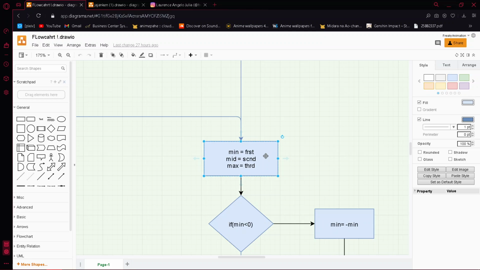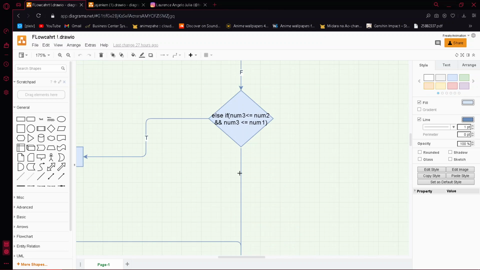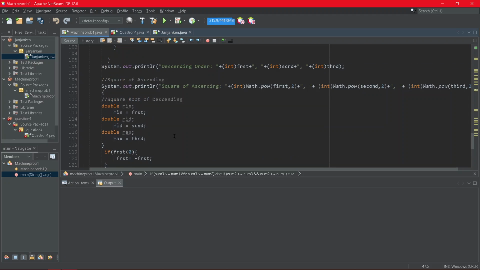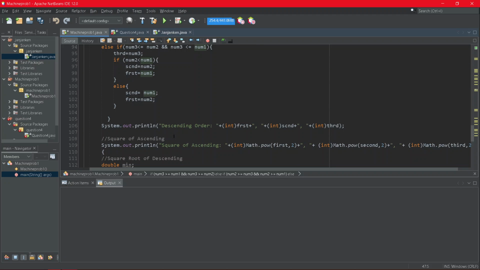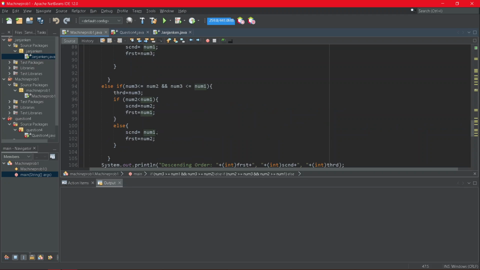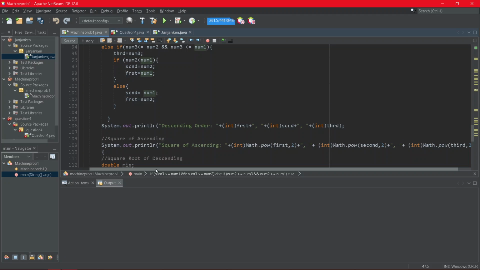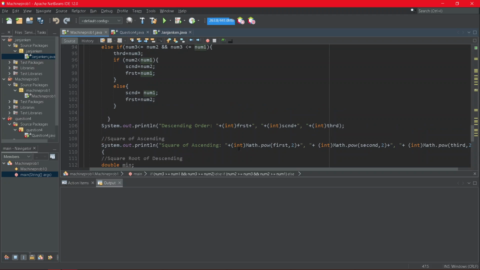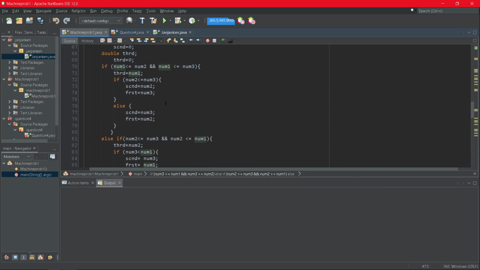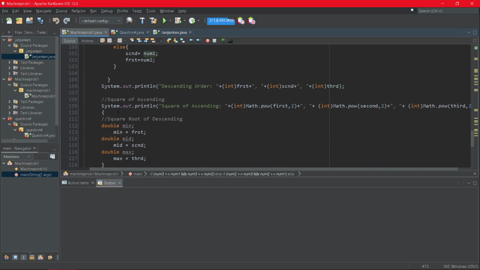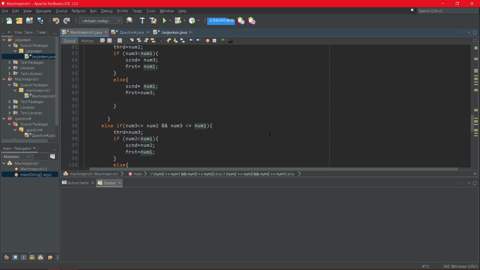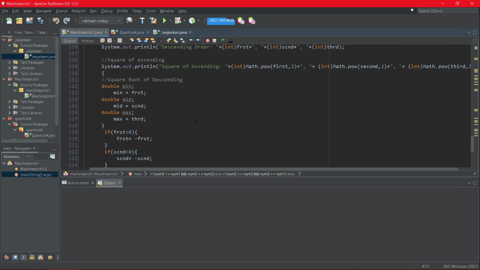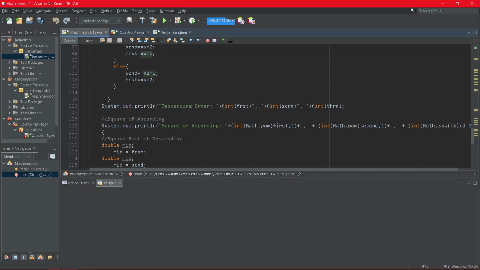If you are having difficulties or questions on why square of ascending is not in the flowchart, it is because in the program that's given, as explained by Mr. Kento Narcisio recently, in the square of ascending, you need to declare int of the first, second, and third in the ascending order into square, or multiplied by itself,